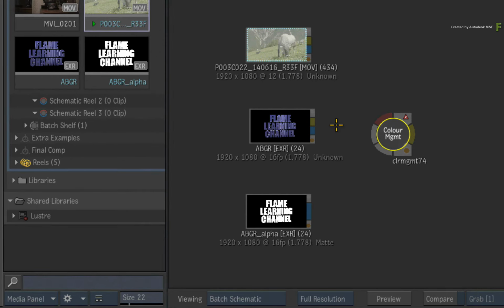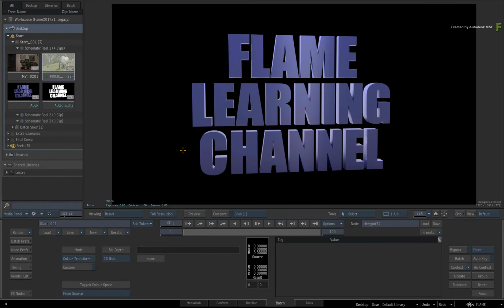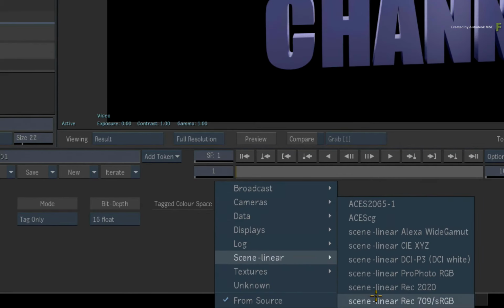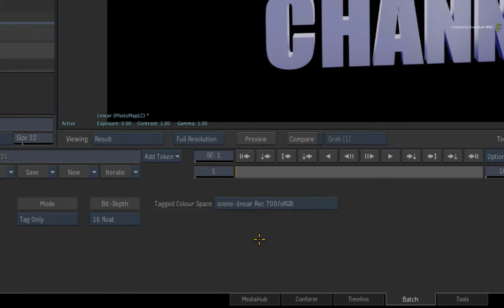If I take one of these and put it after my linear clip, I can switch into tag only mode and set it to Scene Linear Rec 709 sRGB. So you will see that the viewport recognizes that it is looking at a tagged clip and is only showing me viewing transforms appropriate for a linear color space.